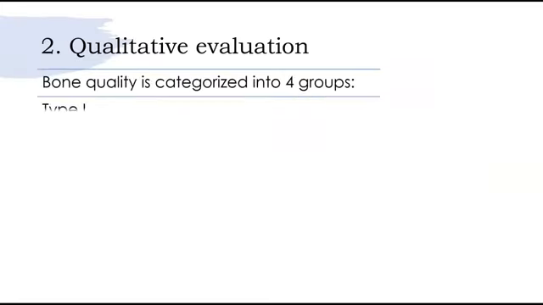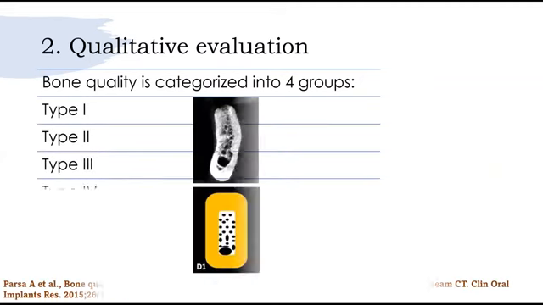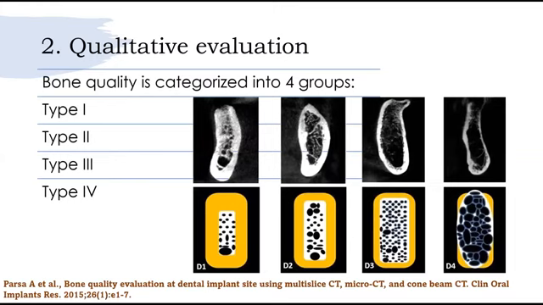The second assessment is the qualitative evaluation of the bone availability. When it comes to bone quality, it is categorized into 4 groups, type 1 to type 4, or as commonly referred to, type D1 to D4. Type 1 is primarily composed of dense cortical bone, and type 2 is a thick, dense to porous cortical bone surrounding a coarse trabecular bone. Type 3 is a central fine trabecular bone surrounded by a porous and thin layer of cortical bone. And finally, type D4 bone has a fine trabecular pattern with the least density, and the cortical layer is very thin, if at all present.